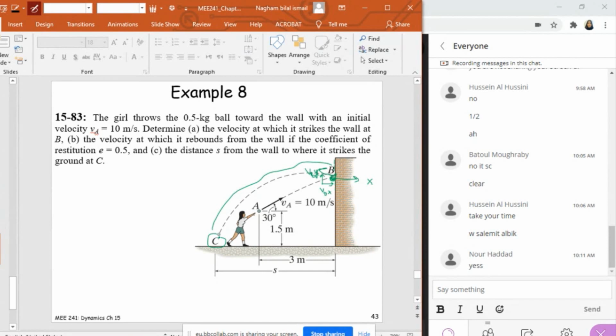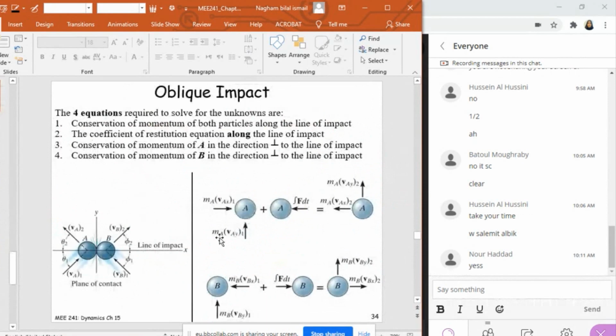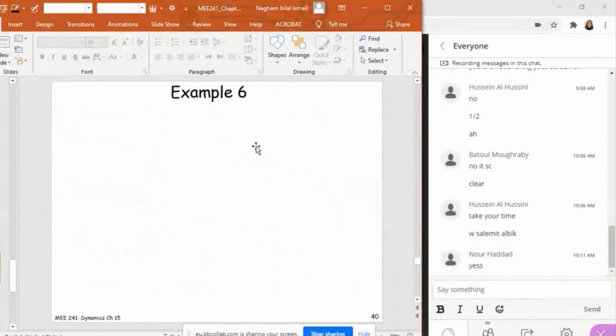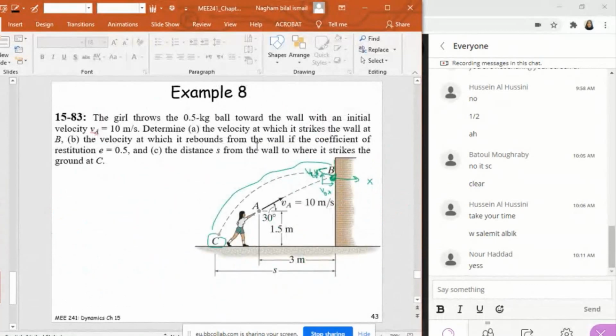I have to apply the conservation of momentum of both particles along the line of impact, which in our case means along x, so I need Vx. I have to apply the coefficient of restitution always along the line of impact, which means I need Vx. I have to apply the conservation of momentum of one particle perpendicular to the line of impact, which means I need Vy. And that's why, even if you apply the conservation of mechanical energy,